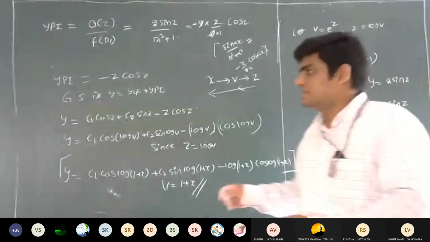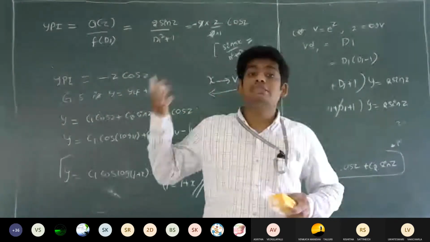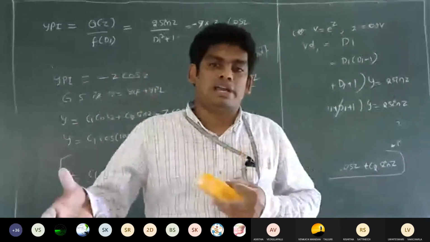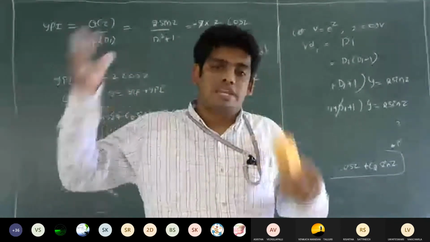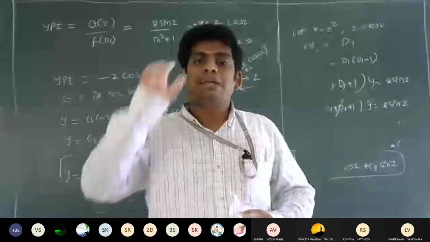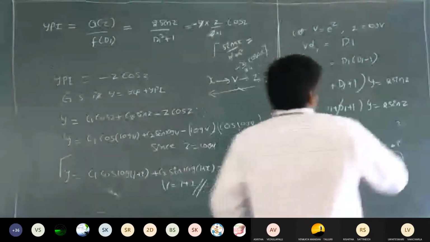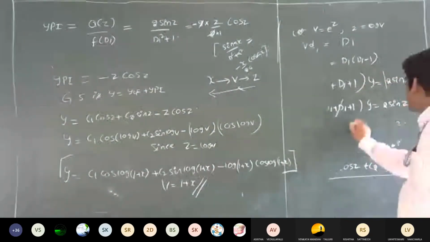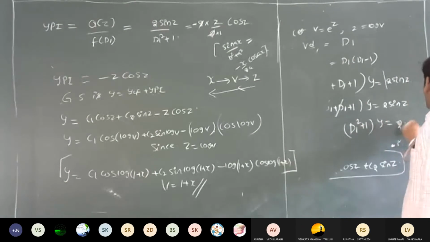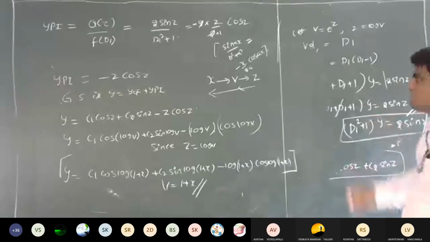But it is a very simple problem. After seeing the problem, we feel that it is very lengthy. Why? Because in the Q of x we may have, say, x log x into sine of log x or log of sine x. So we have some difficult terms in the Q of x. But after the transformation, it becomes very easy. You observe that? So this is the final transformed equation, right? So this is equal to 2 sin z. But observe that it is a very simple one.